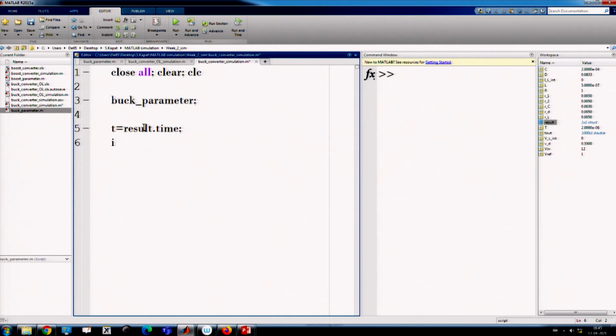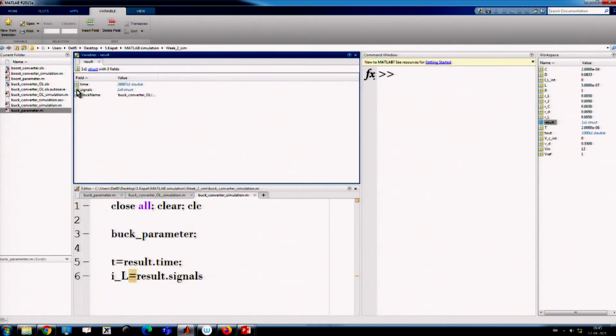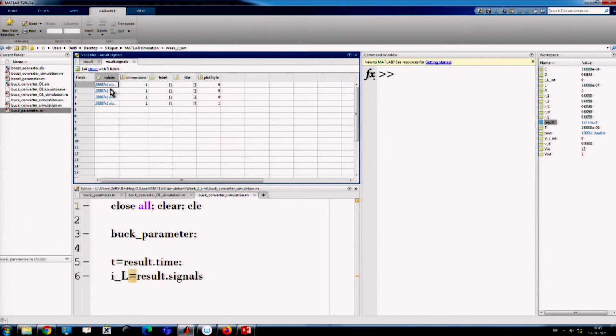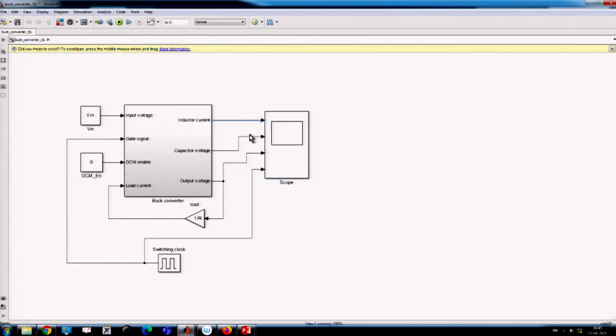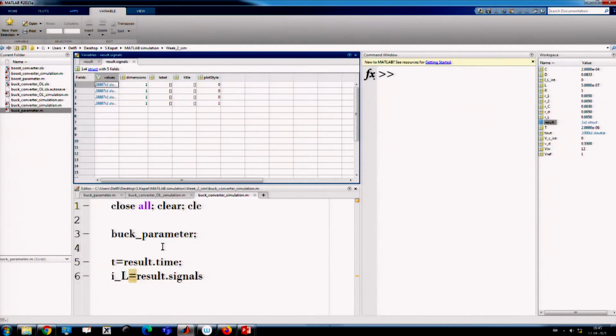Then we want to see what the inductor current is. In which channel is it? Result dot signals, because if you click the result, you will see the signals, and inside signals if you go, the first channel is the inductor current, then capacitor voltage, then output voltage, then the gate signal. Okay. So, let us go back.